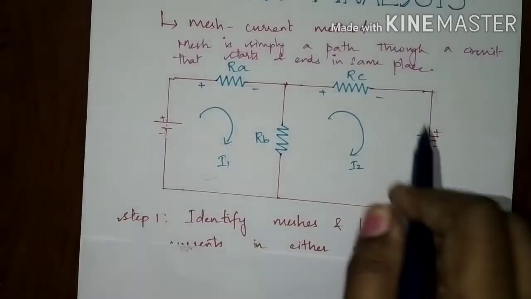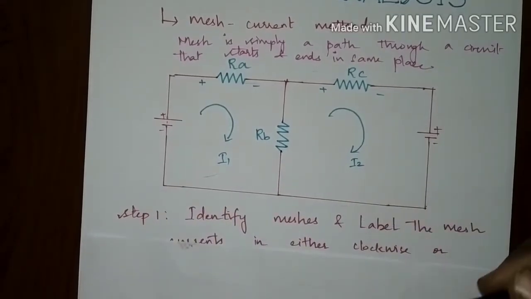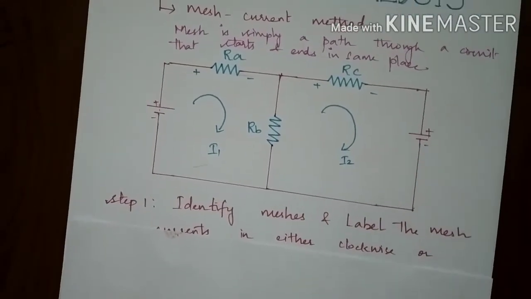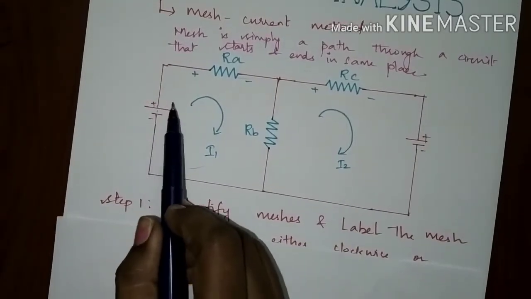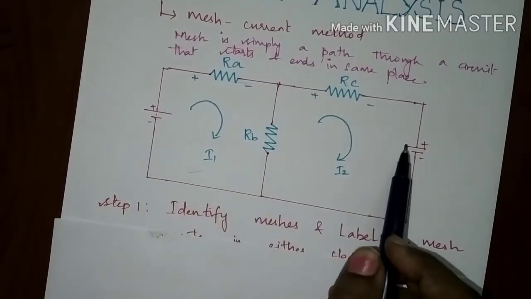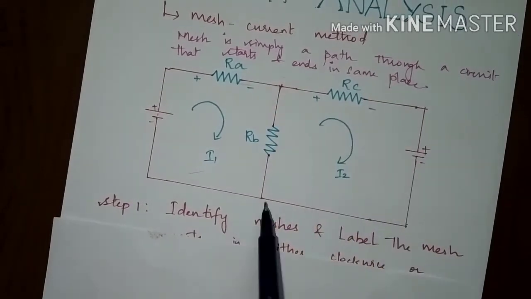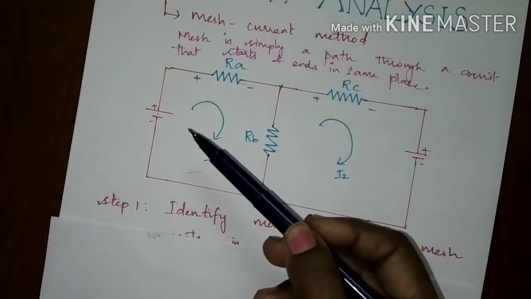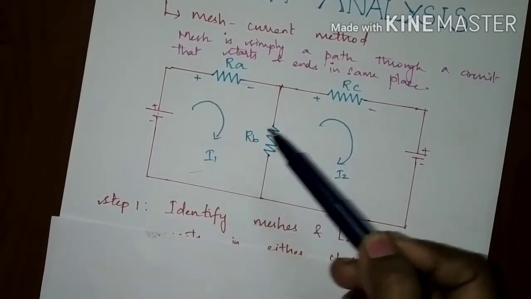Now let's take a circuit and find the mesh equations. We have understood these four steps. This circuit has two meshes. This is one mesh and this is another mesh. The first mesh starts from the positive terminal, flows through RA and RB, and ends at the negative terminal. The second mesh has the elements RB and RC and ends at the negative terminal. The first step is to identify and name the meshes and assume the currents flow in a clockwise or anti-clockwise direction. I have assumed it is flowing in the clockwise direction.